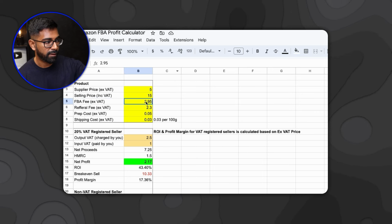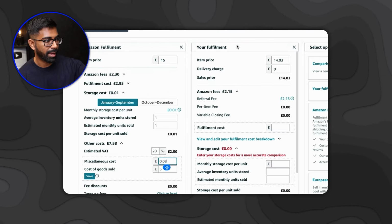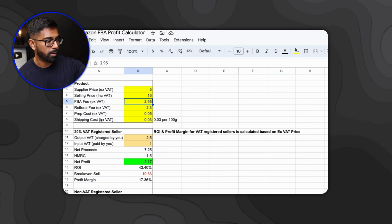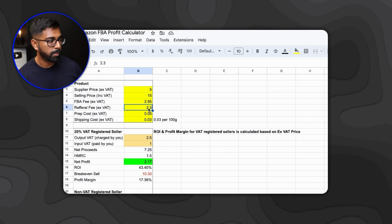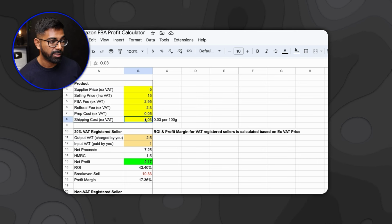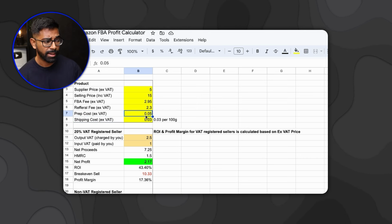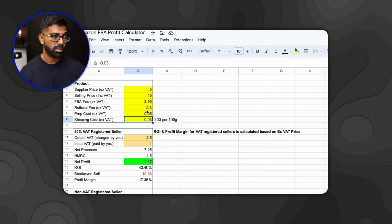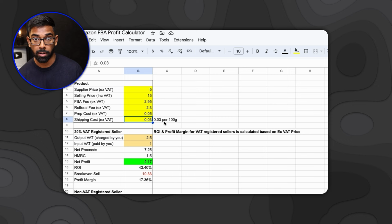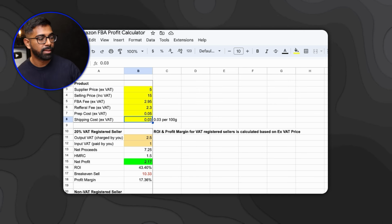As you can see, I've added the FBA fees as £2.95, which you can see, £2.95, and then the Amazon fees, which is referral fees, basically £2.03, and then prep cost ex VAT, and then shipping cost ex VAT. So these are ex VAT values. Once you've added this, you can keep these two fields the same, but I've just kept them in case you need to increase your shipping cost. Let's say one unit of your product weighs 1 kg,